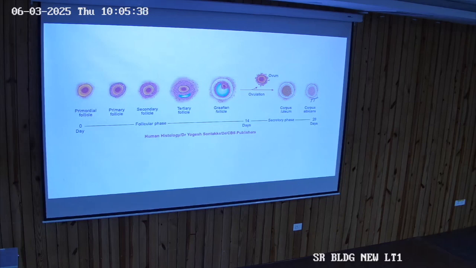So the centrally placed is ova, and around this structure is the epithelium, which is called the follicular cell. The size of the follicular cell, you can see, is increasing from primordial to primary, and the number is increasing from the secondary. From one single layer, it is becoming multi-layer in the secondary. So stratification will start from secondary and go till tertiary Graafian follicles. So the number of follicular cells is increasing.